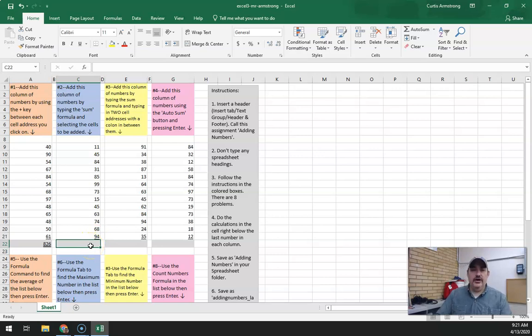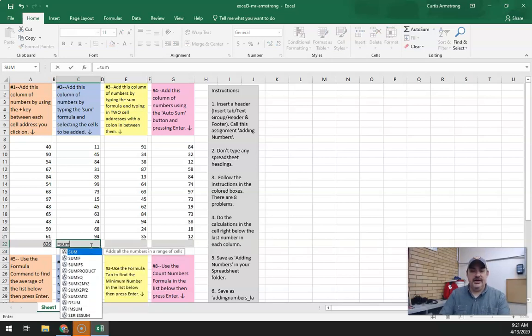Okay, so we are going to start with the equal sign. All right, we're going to start with the equal sign, but I'm going to type in SUM, and I'm going to do a parentheses. You can follow along down here in C22, or you can follow along up here in the formula bar, and you can see what I have. If you notice, this little pop-up box right here in the white comes up, but it says equals sum with the parentheses. Now I'm going to just click on my first number right here,